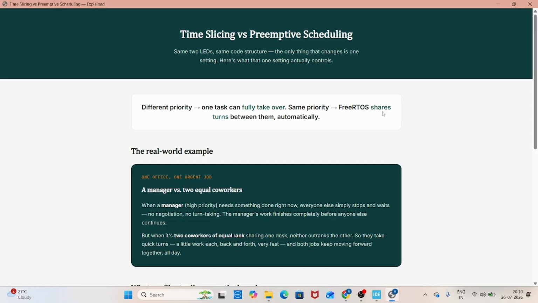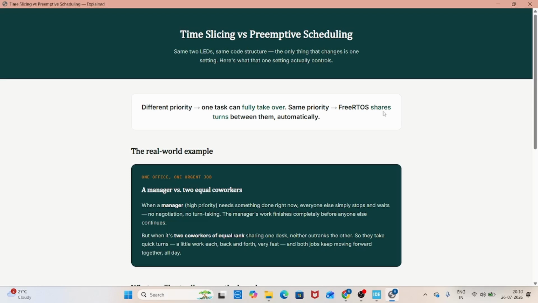Okay, so the main setting is priority. In preemptive scheduling, what we have discussed is that the RTOS gives first preference to the high priority task. We also discussed the example of an ambulance. When you compare normal traffic with an ambulance, it will give first priority to the ambulance, because the ambulance is a must-do type of task. It means in our code we set its priority to high, while the other tasks' priority was